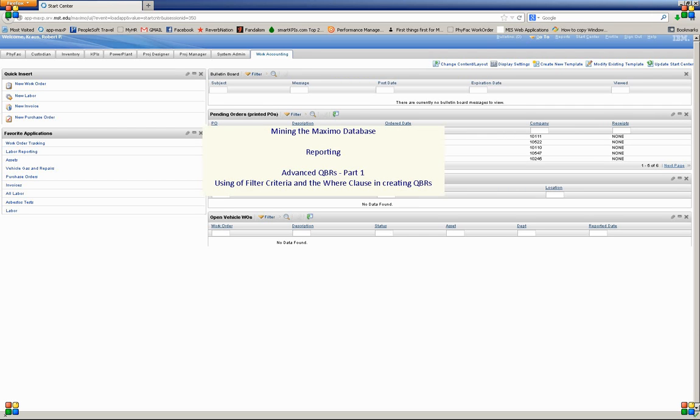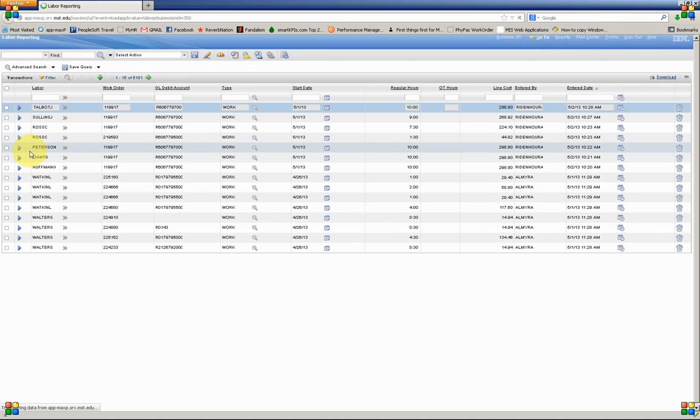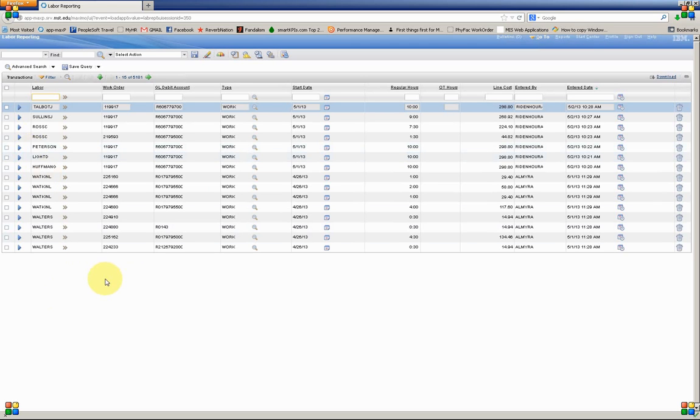Welcome to Mining the Maximo database. This lesson we're going to talk about QBRs, but we're going to drill down a little bit deeper. To change things up a little bit, I'm going to go into labor reporting instead of work order tracking. But generally, the points that I'm making in this lesson will pertain to any application that you're creating a QBR